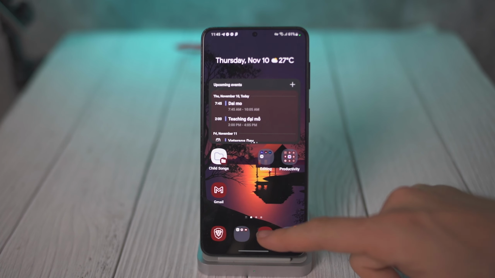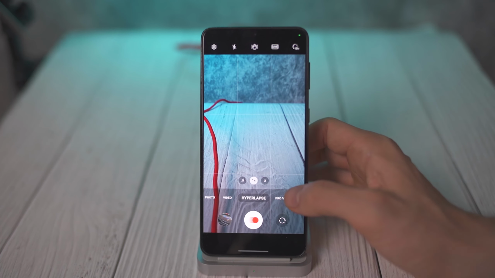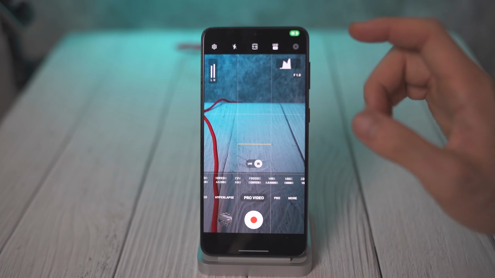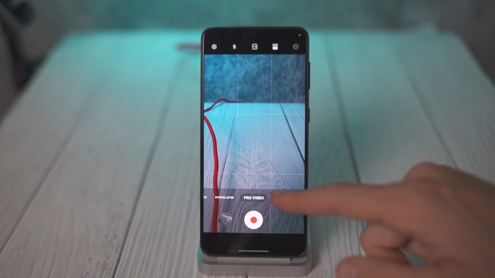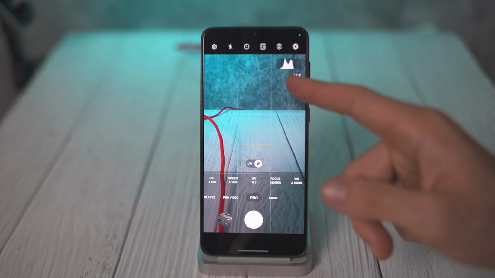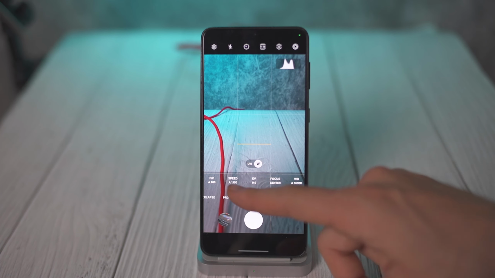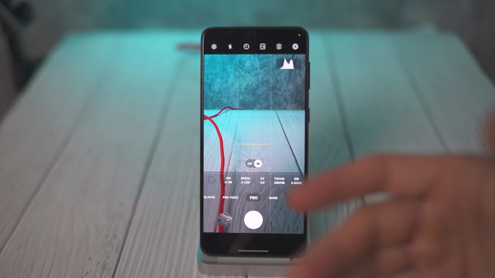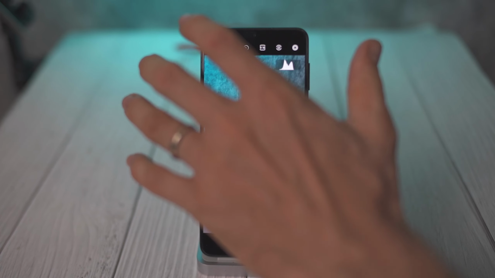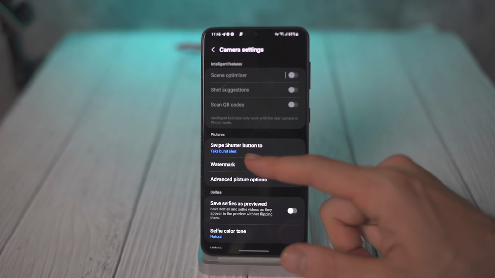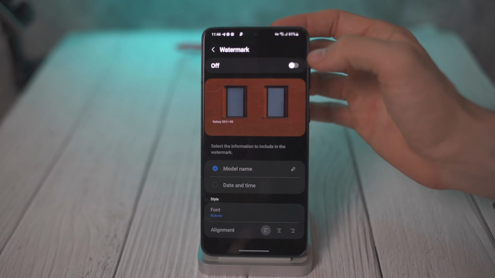We also have some camera tweaks and changes as well. For our pro camera modes, we now have a histogram that immediately pops up in Pro photo mode, and this is a really great exposure tool that you can use when trying to create or compose a photo. And now we also have some new changes to watermarks,